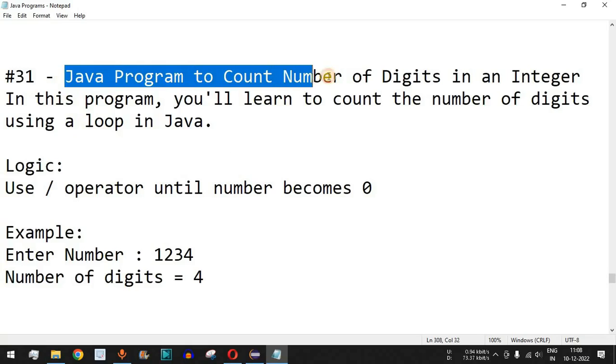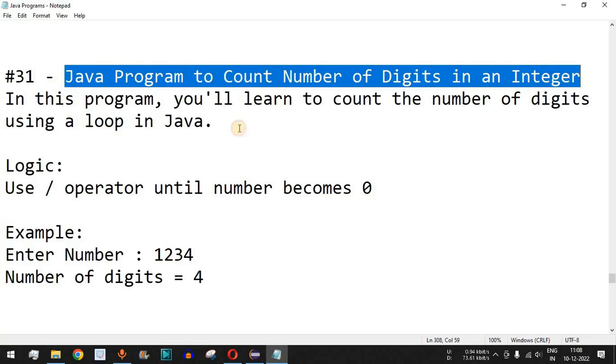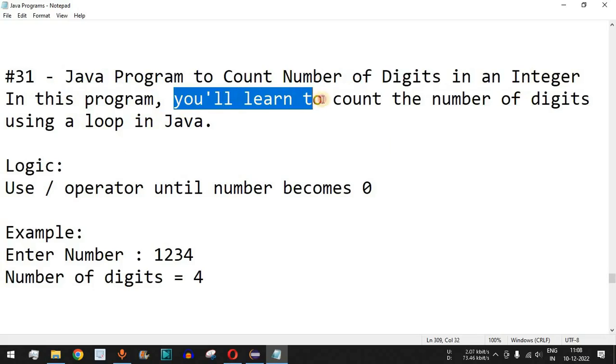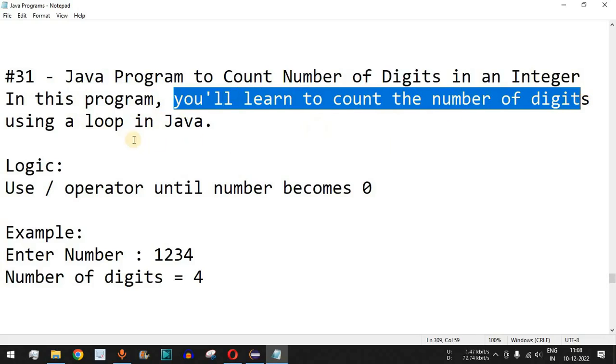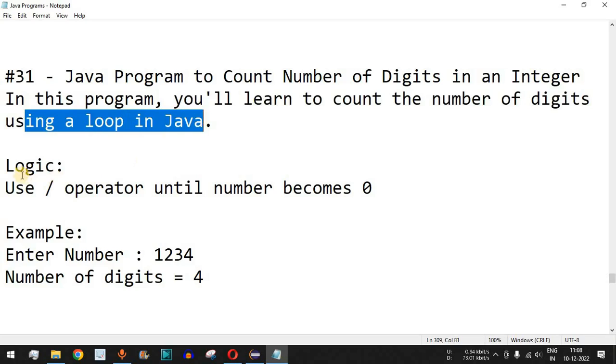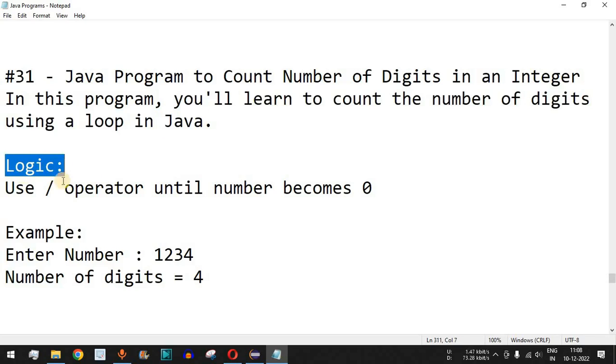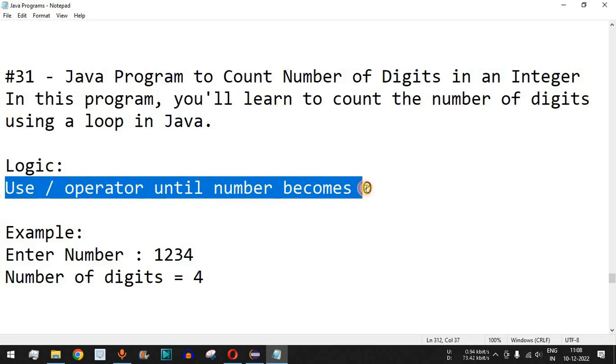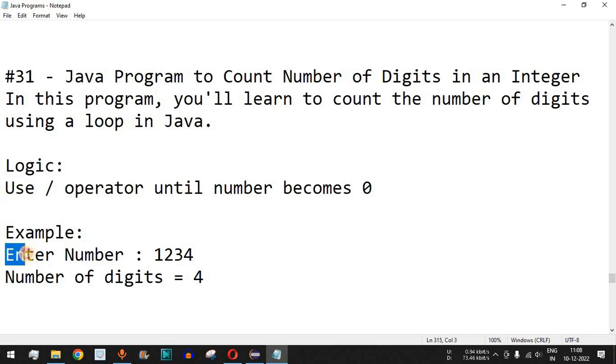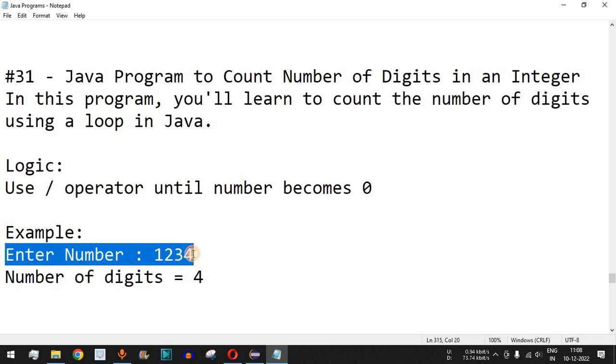Java program to count a number of digits in an integer. So guys, in this program we will be learning how to count the number of digits using a loop in Java. So basically what will be the logic that we will be using? We will be using the divide operator until the number becomes 0, and on every iteration we are going to increment the count variable. So for example, let's say the user enters the number 1, 2, 3, 4,